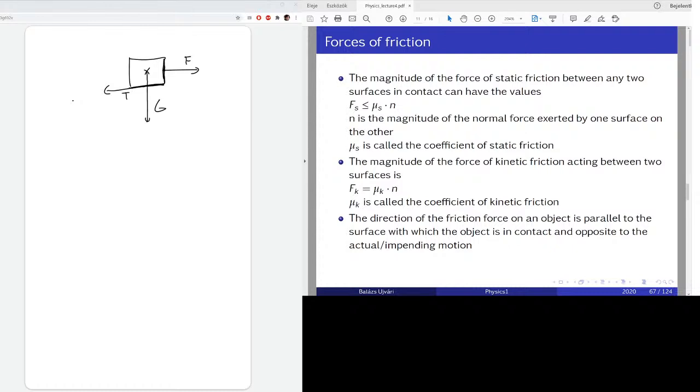Usually we can write F for friction, or if I want to be more precise, I can talk about static or kinetic friction. I think I use all three. So this is how we, so again, from the middle,